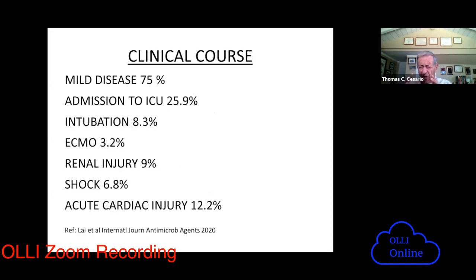So if we take all these patients who came to the hospital, this is from early studies, but still pretty much true today, we say about 3/4 of them will do okay. Now, mild disease means they may be on the ward with pneumonia, with a bad cough, but they don't end up having to be put in the intensive care, and they will go home okay. So 3/4 of them will be in the hospital. In the majority of cases, it takes about 2 weeks or a little longer for them to get over this acute phase.